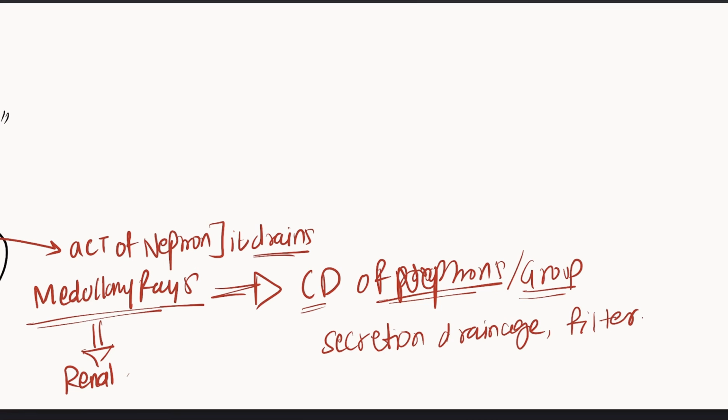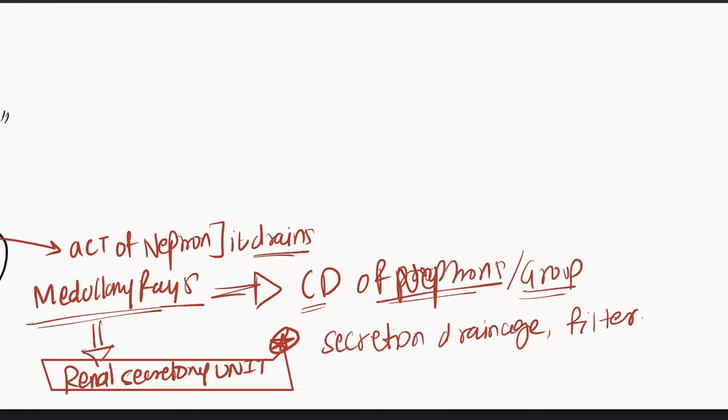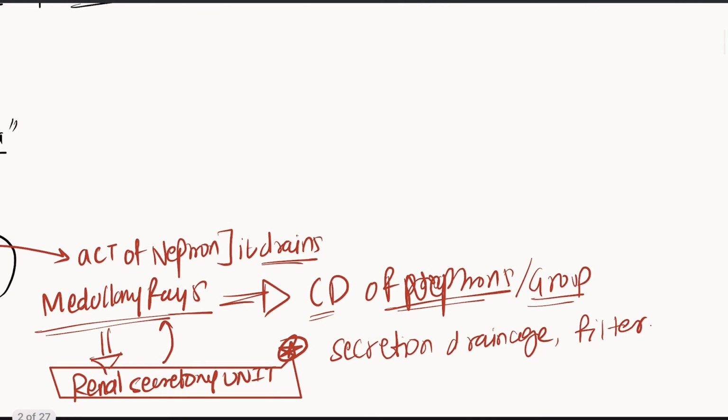Further, this gives you something called the renal secretory unit. This is the renal secretory unit here. It tells you about the exact amount of secretion; this is just the basic unit of